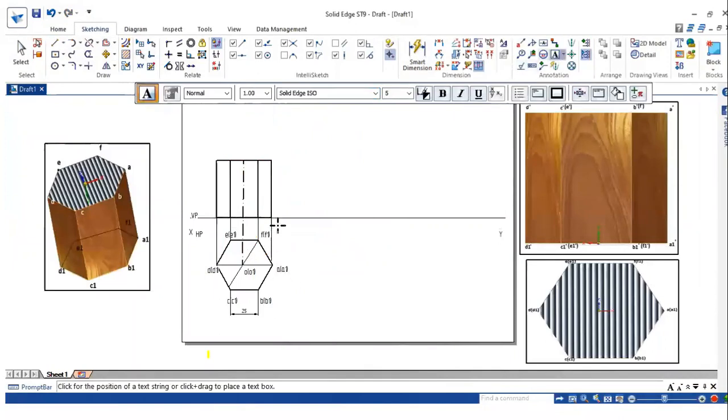I can see A1 dash and A dash. A1 dash, always A1, B1, C1 is at the bottom surface. B1 is visible, whereas F1 is hidden. So it is B1 dash in bracket F1 dash, whereas at the top it is B dash and F dash.